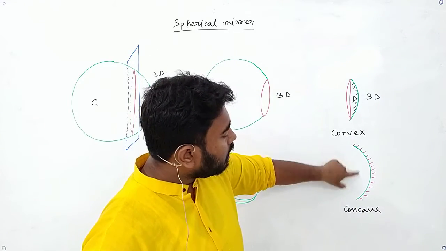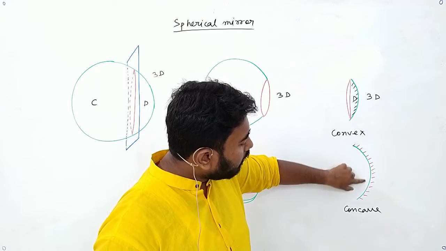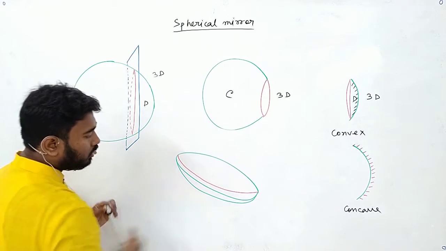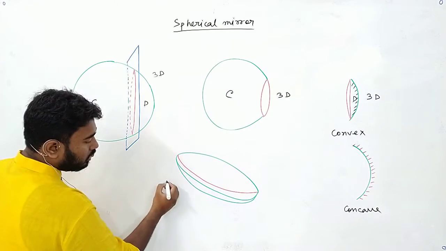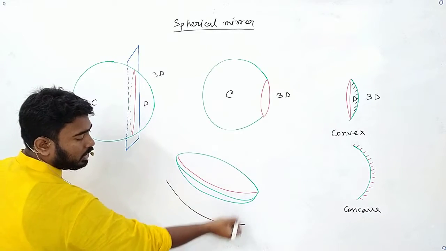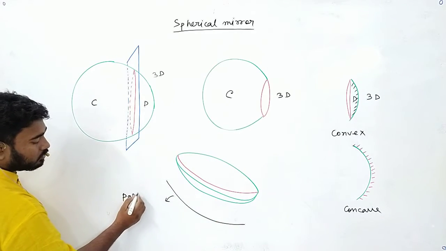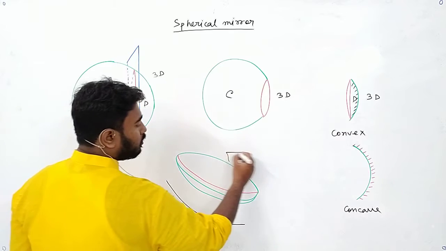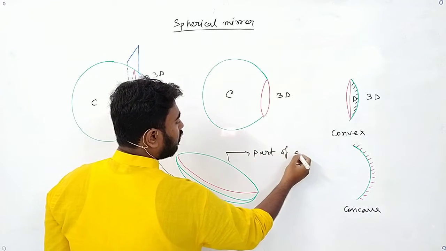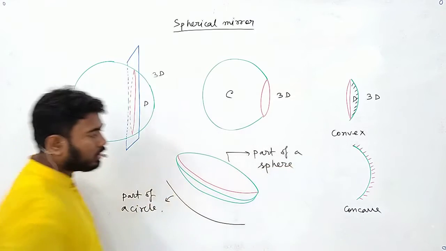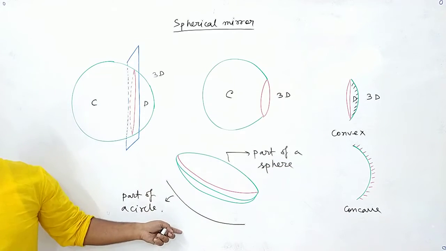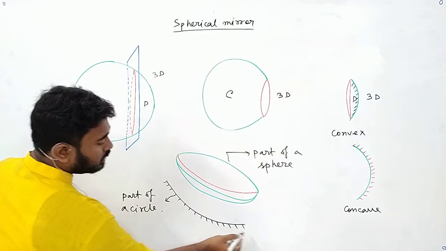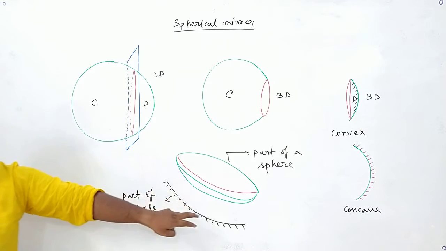So if we think about this line, it will be simply a part of a circle, right? So we have taken part of a sphere. We are drawing a line, and this line, I am imitating the red line. This line will be part of a circle, right? What is this portion? This is part of a sphere, right? If this is part of a sphere, this one will be part of a circle. Now if this is the part of a circle and I shade it from the outside, can I say that the light will be reflecting from a concave mirror?